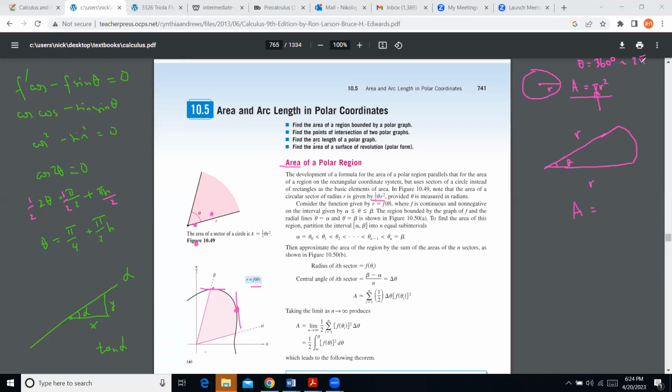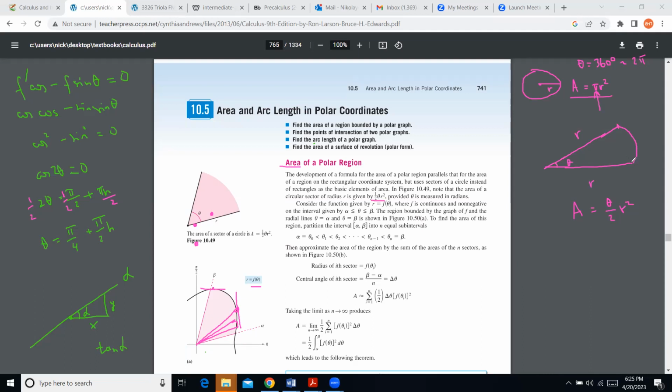So analogously or proportionally, if my angle is theta, I take a half of it. So I get theta over 2 times r squared. That's interesting to give a little thought why this works. And then we can split any region with these little sectors and split them in such a tiny little way that each of the sectors will be pretty much the same as a